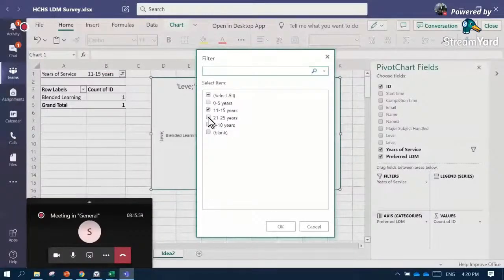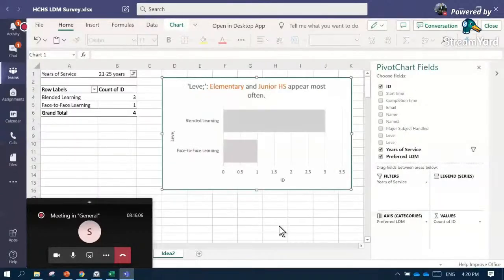So you will try another one. Let's say 21 to 25 years and click OK. So we can see here only 4 of the respondents have 21 to